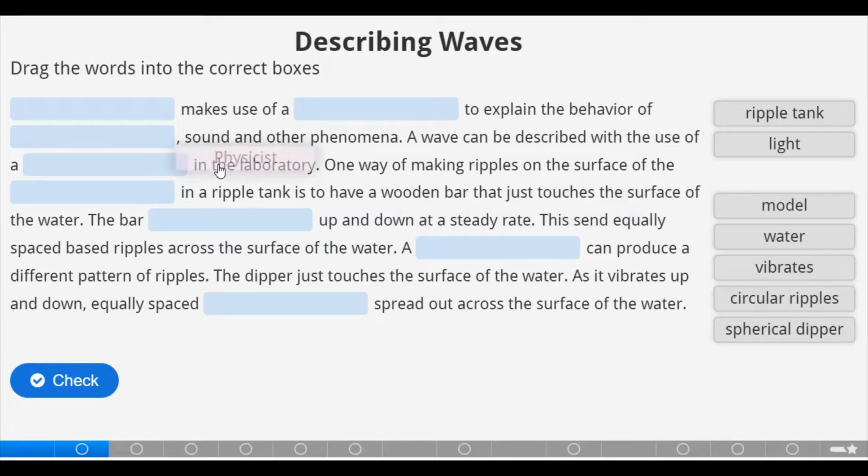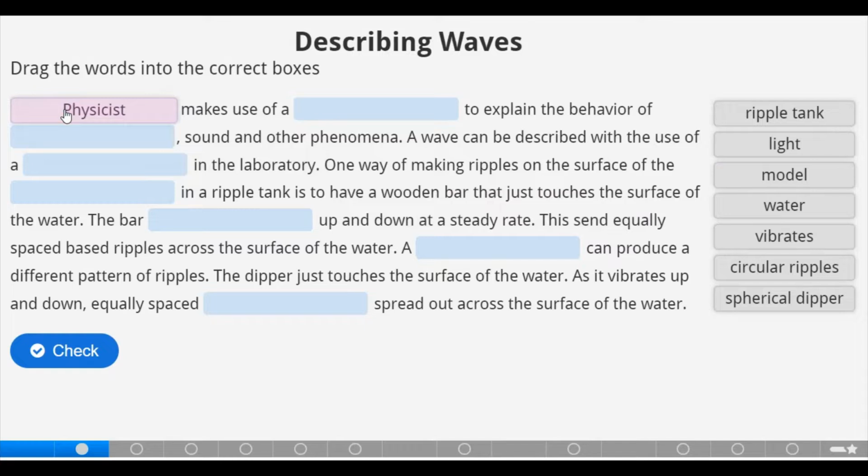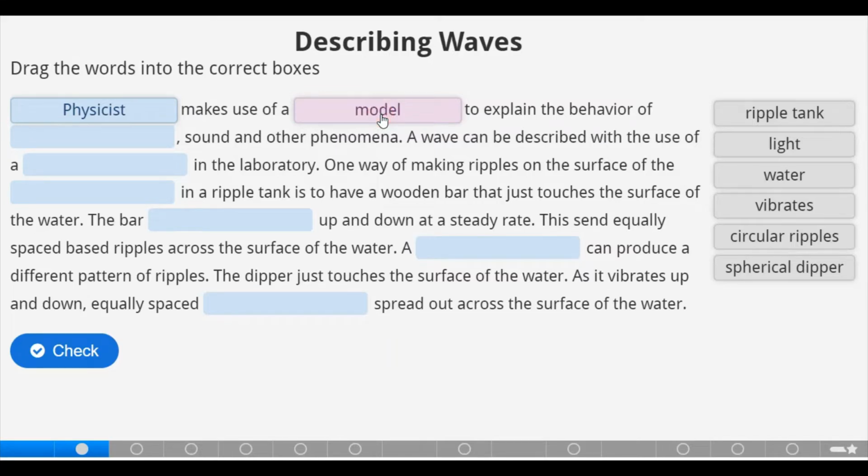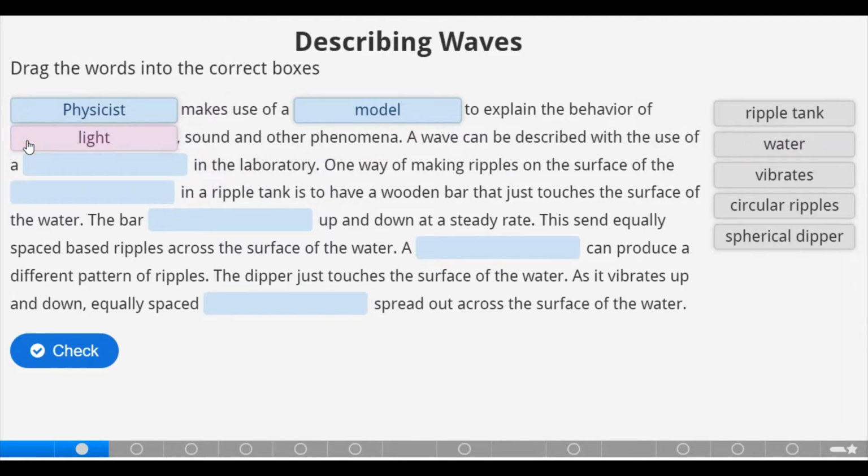Physicists make use of a model to explain the behavior of light, sound, and other phenomena. A wave can be described with the use of a ripple tank